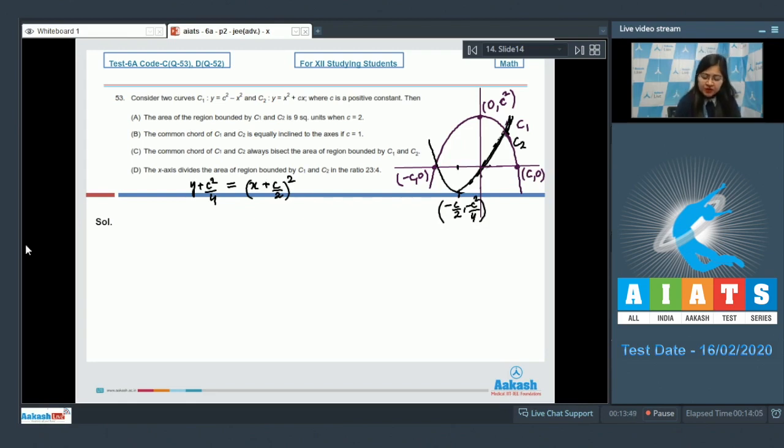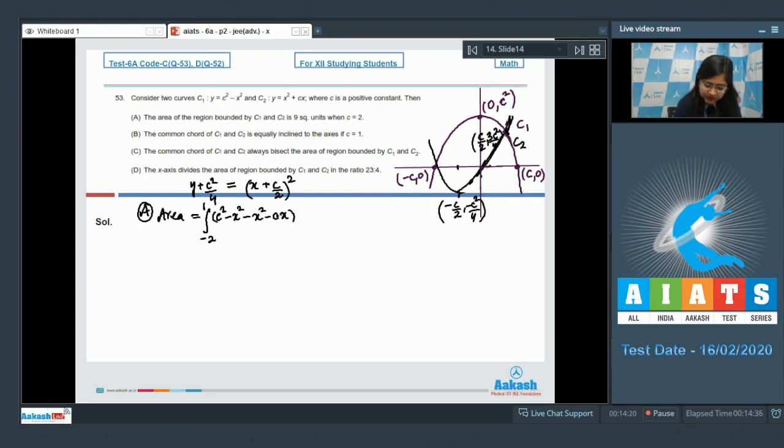We have to find the area of the region bounded by both of them when c is 2. So option number A. Area is equal to integral when c is 2. So this is from minus 2 to this point is c by 2, 3c square by 4. So from minus 2 to 1, the integral of C1, that is c square minus x square, minus x square